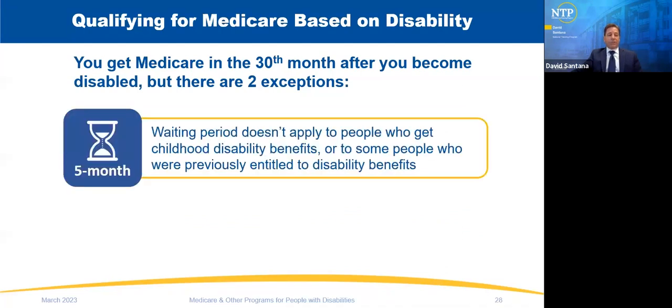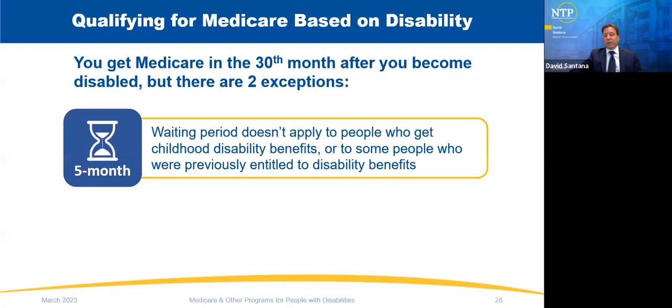Now, you heard this from Tanya's presentation, but typically an individual has a 5-month waiting period after the disability onsets, and then after you receive the cash benefits, the 24-month waiting period starts. So the individual typically will get Medicare in the 30th month after the disability onset.